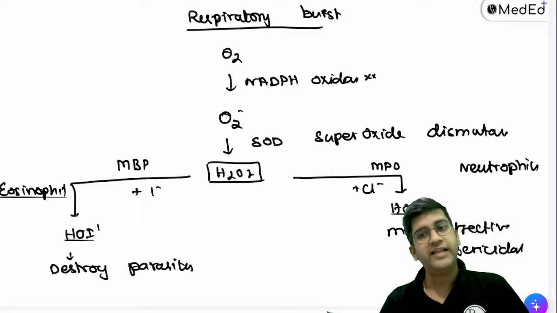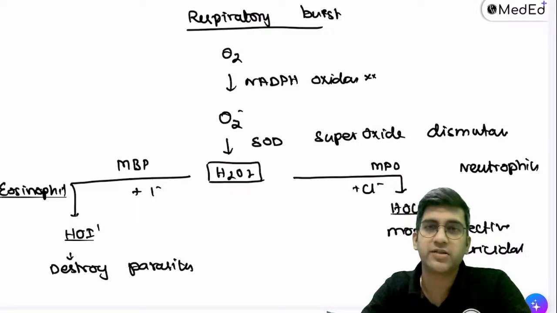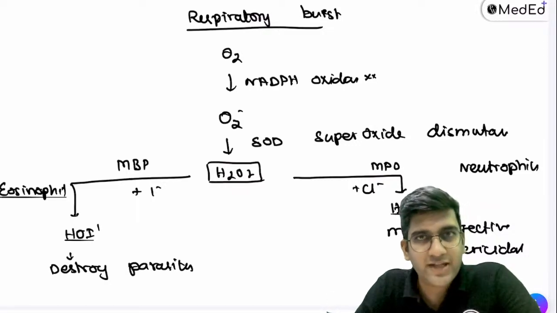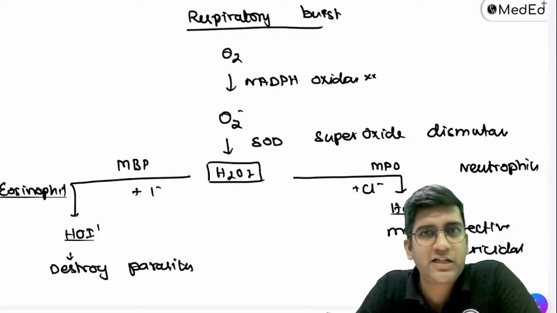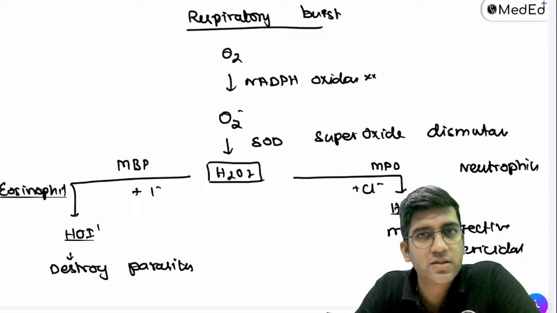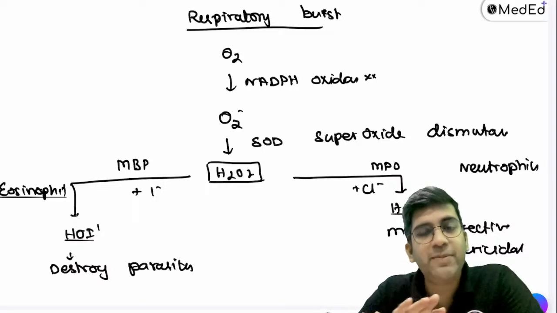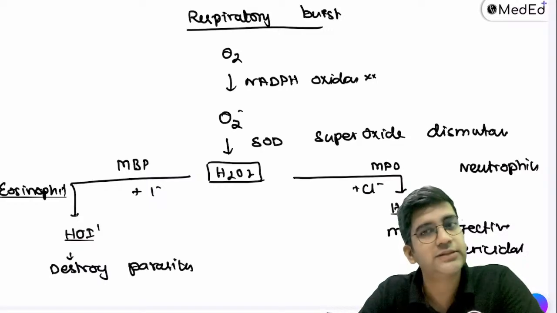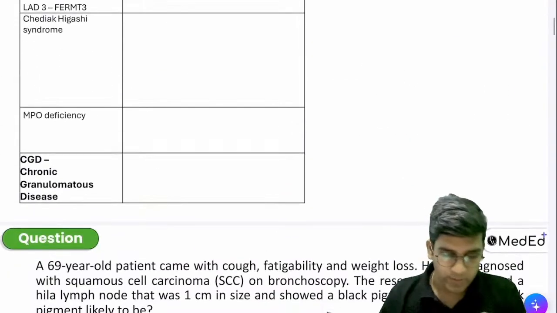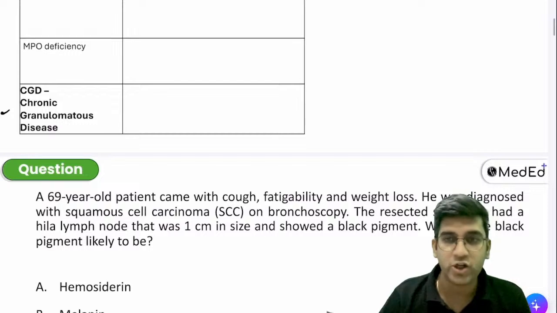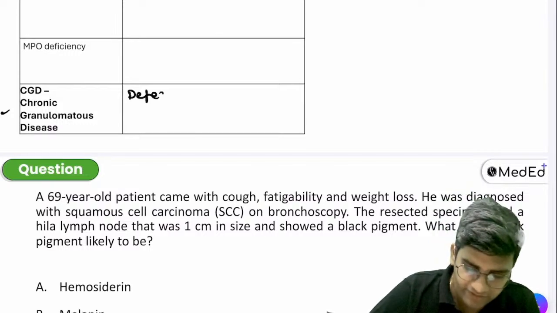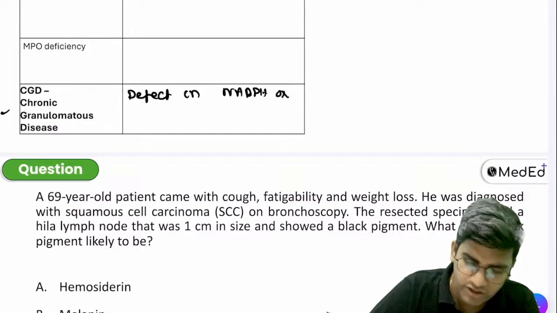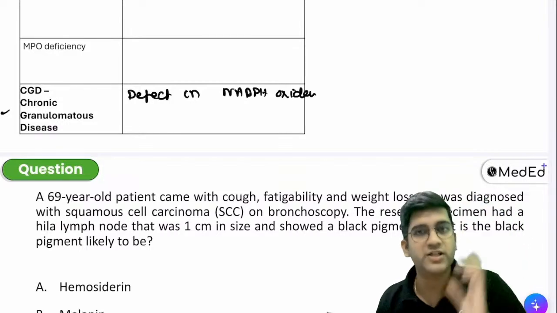What's the microscopic finding in tuberculosis? It's a very basic, simple question. So when NADPH oxidase is not there, every disease becomes chronic and every disease looks like tuberculosis. Tuberculosis is a chronic bacterial infection. Microscopic appearance is granuloma. So if NADPH oxidase is not there, can I call the disease chronic granulomatous disease? That's one of the diseases. We have a disease called CGD or chronic granulomatous disease. Here, there's a defect in NADPH oxidase. The name comes based on the problems.